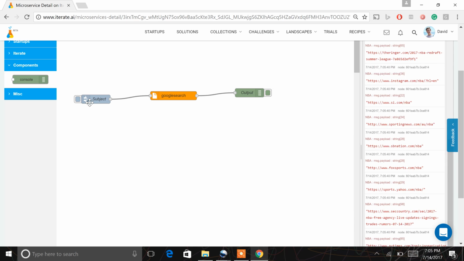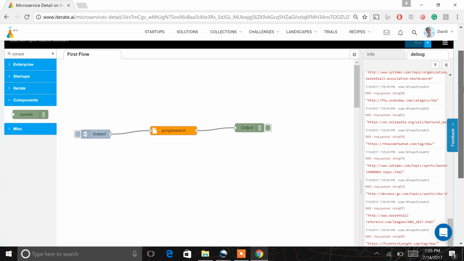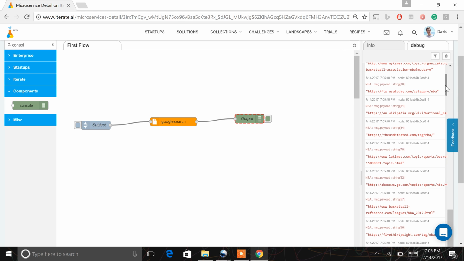This injects the subject NBA into Google Search, and Google Search scans the web and finds all websites containing the word NBA, and then this green node outputs it to our screen. As you see on the right side, there's a bunch of data with the NBA with URLs. When you're all done with this, just click